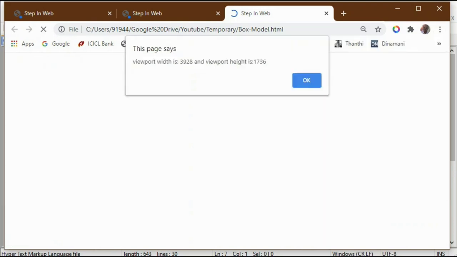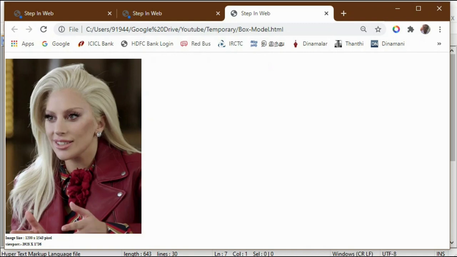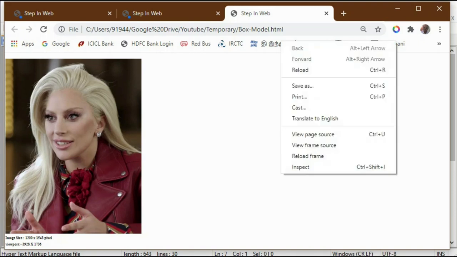size is 3928 width and 1736 height. My image 1543 is able to be accommodated inside the viewport. So as I already told, the viewport is a dynamic scale up and scale down resolution change. So even though my screen is 1366 pixels, while I am zooming down, that pixel count is increasing up to